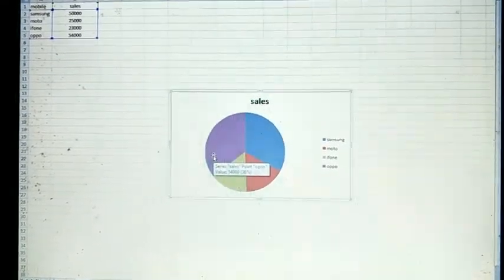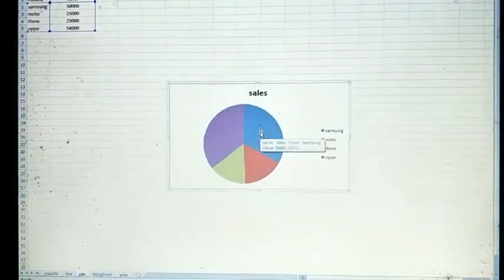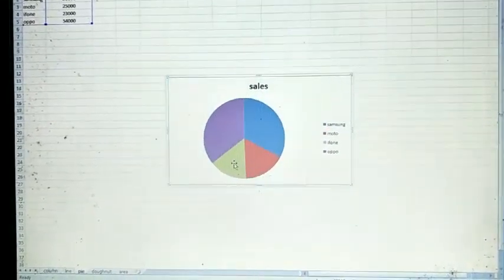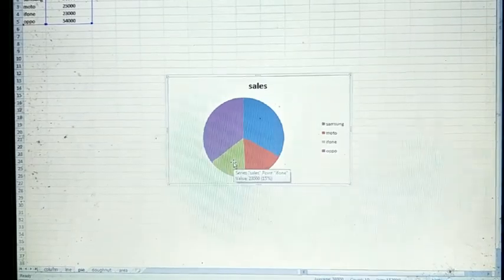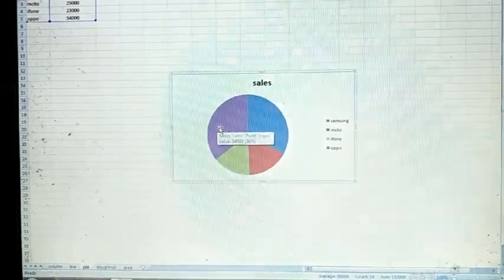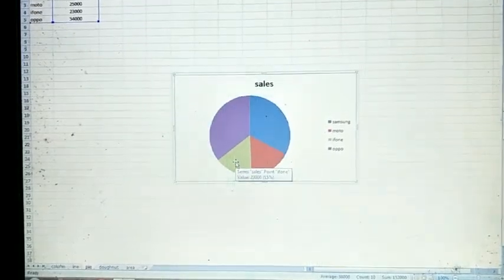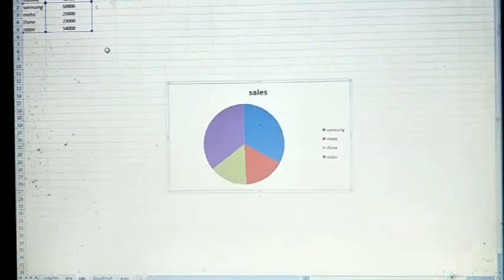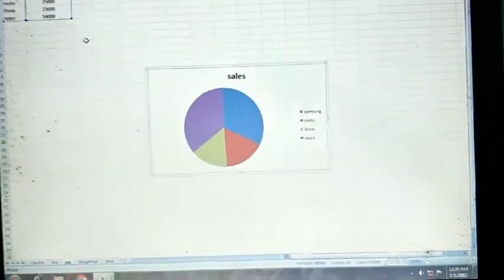Okay, when you place here, you can see 36% sells, 33% sells, 16% sells and 15% sells. So Oppo sells more and iPhone sells less. Okay, that is the use of pie chart. Okay, now the next topic,